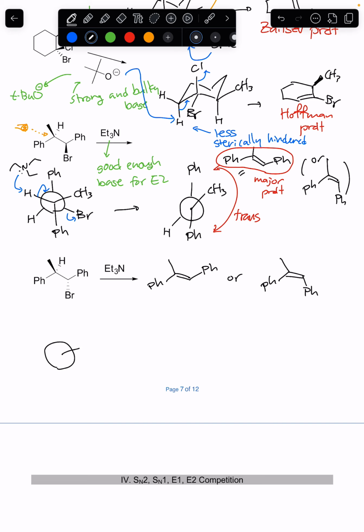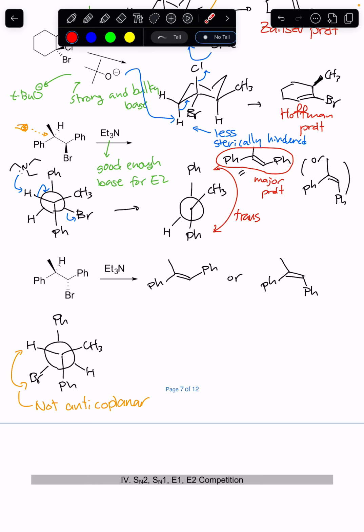methyl on the right, hydrogen over here, phenyl, and phenyl coplanar, but the bromine is pointing this way this time. And so this time what we notice is that the proton here and the bromine here, this is not anti-coplanar. So you can't do E2 on this. So what needs to happen? Well, the bond here is a single bond that can rotate. So if rotation happens,